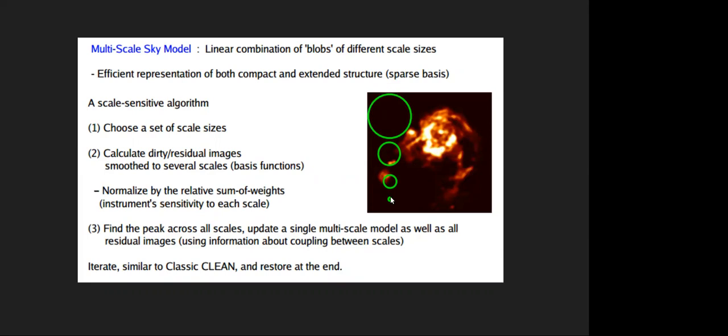What is that? You choose different scales: a small scale, a little bit bigger scale, then another little bit bigger scale, and another, and you use these scales to search for emission in your image. So it will not only do the point source modeling, it will also search for emission at different scales, which will improve the modeling of your complex structure. If you have a point source, that is fine, and you do not need multi-scale cleaning. However, if you have a complex diffuse kind of structure, it is always advisable to use different scales to search for emission, so that you can better model the emission coming from that complex structure.